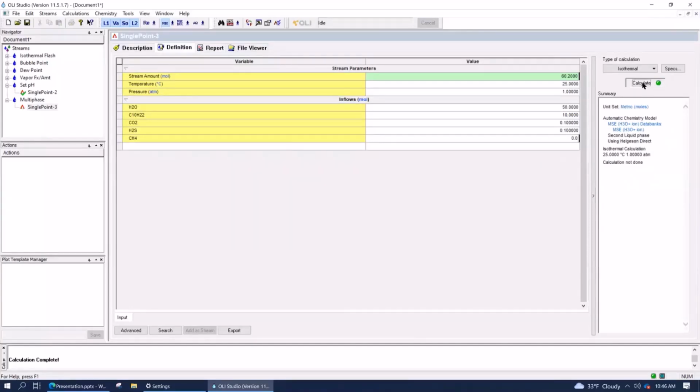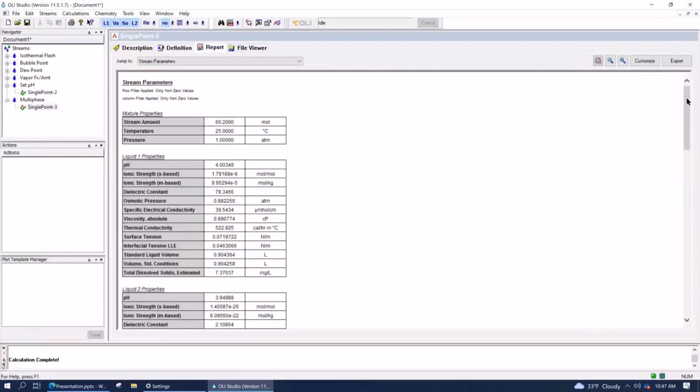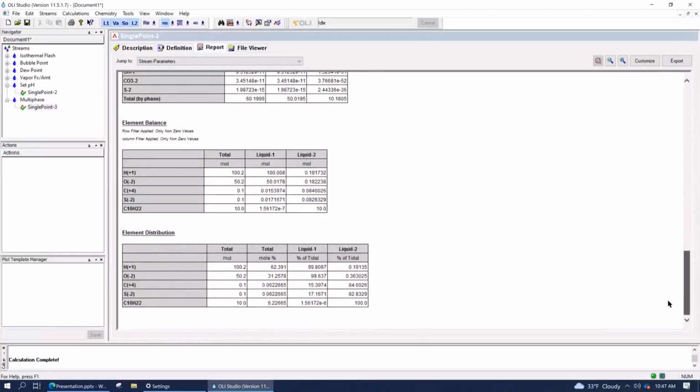And now press calculate. Now what we're going to see, though, is if in fact a vapor forms simply because the partial pressures of CO2 and H2S are too great for either phase. But in this case, no. We end up with just 2 phases because the H2S and CO2 is able to dissolve all into the oil phase. Now we go back to the report, confirm that. Okay, so what we see now is that about 15 and 17% respectively is where the CO2 and H2S are located in the water phase, while roughly 80 to 85% is in the oil phase.